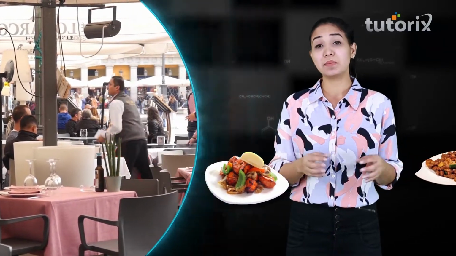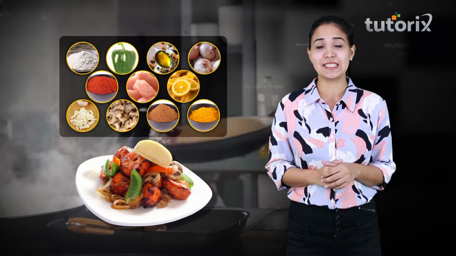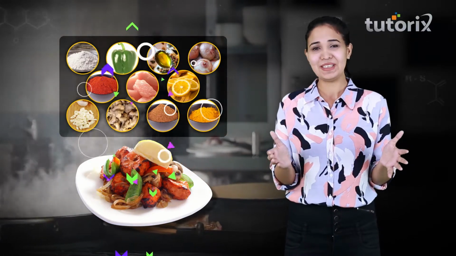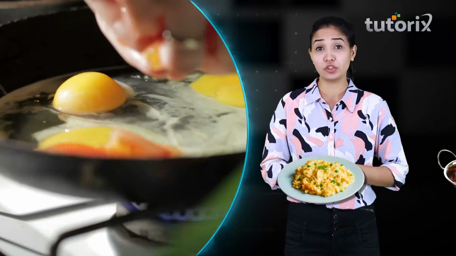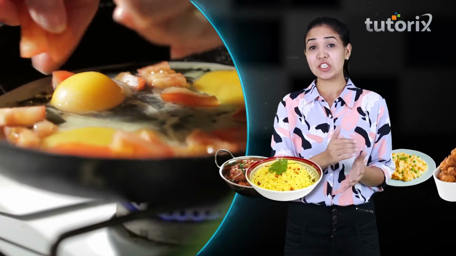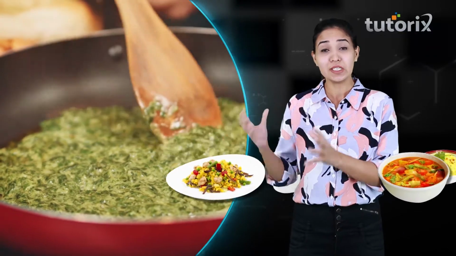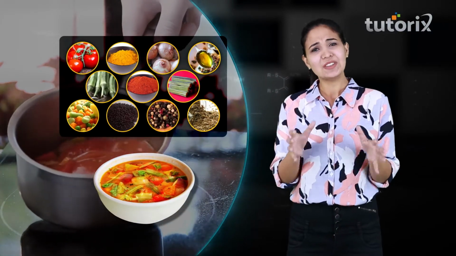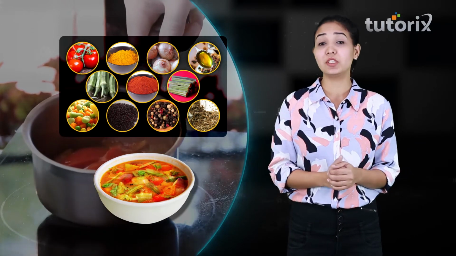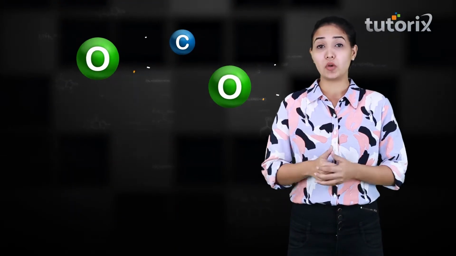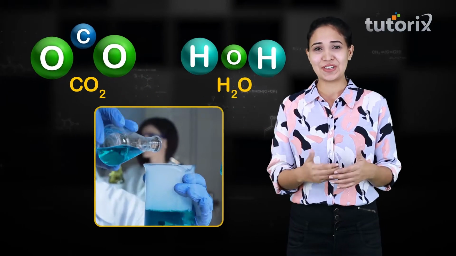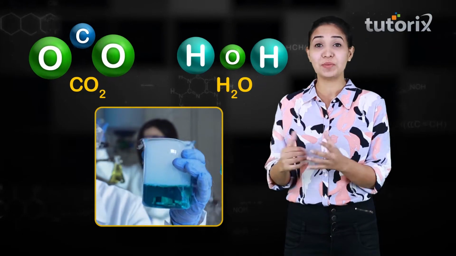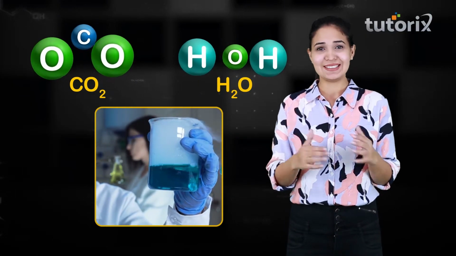Each dish is made up of particular ingredients, and those ingredients are used in a fixed amount. And keep that aside, ask your mom when she cooks the food. Each dish that she's cooking involves a fixed number of ingredients in a fixed amount. And this is somehow related to chemistry because each compound that we talk about in chemistry is formed the same way. A fixed number of ingredients, a fixed amount. So how it is used, let's see that.